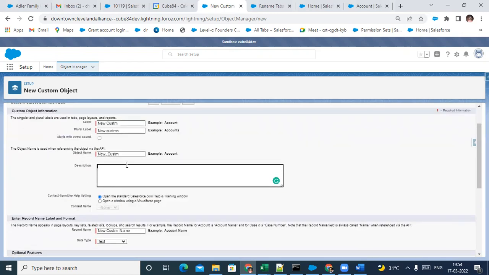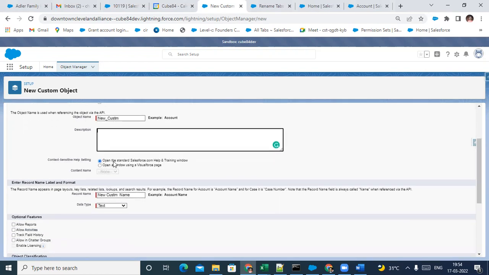Okay, and if the name starts with a vowel, you can click on this checkbox. And context sensitive, this is all related to the help and training window. So if you want that, you can have that option here. Or if you want the window using a Visualforce page, which comprises of Apex classes and all this coding, so if you want to open this particular object in a Visualforce page, you can click this option, and then based on the available